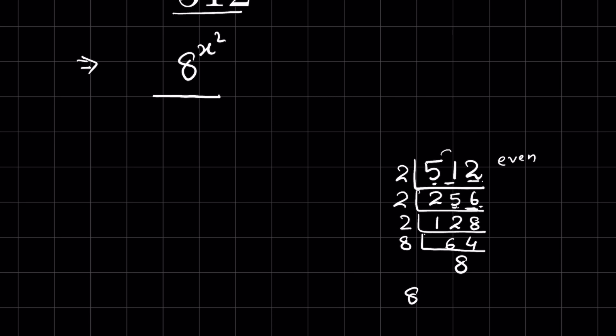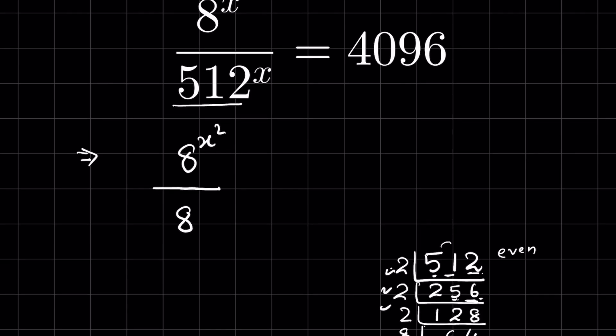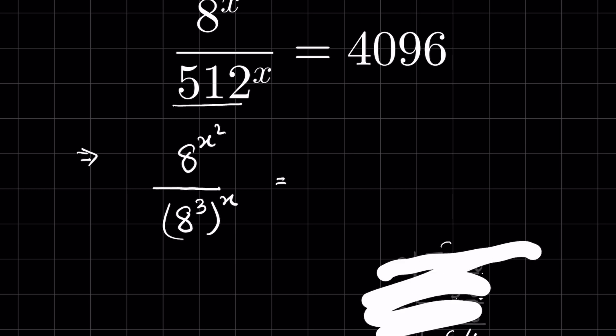Now we have 8 times 8 and 2 times 2 times 2 is 8. So 512 we can write it as 8 raised to the power 3. So 8 raised to the power 3 whole raised to the power x is equal to, now let's again factorize